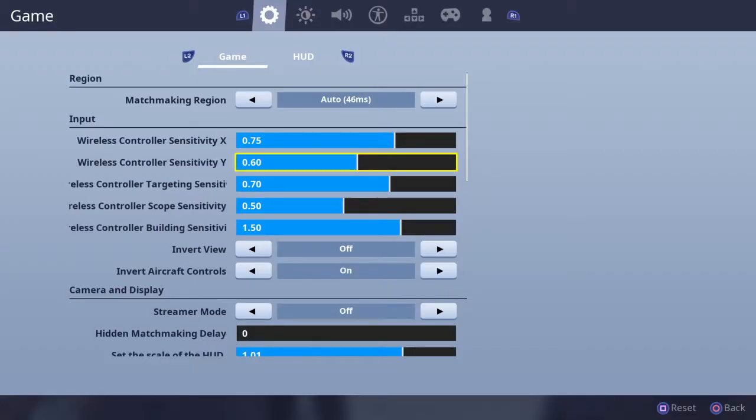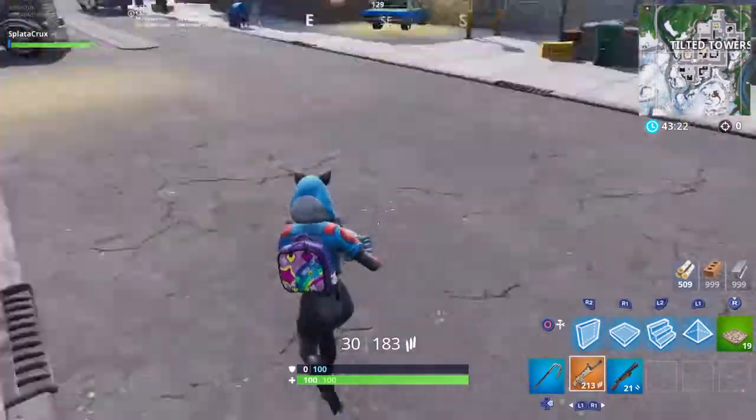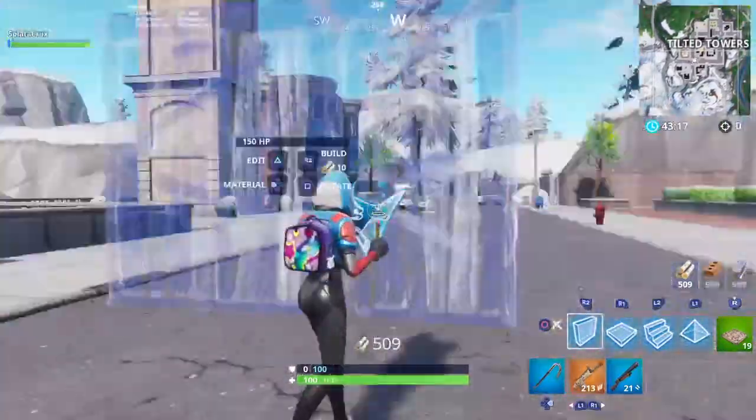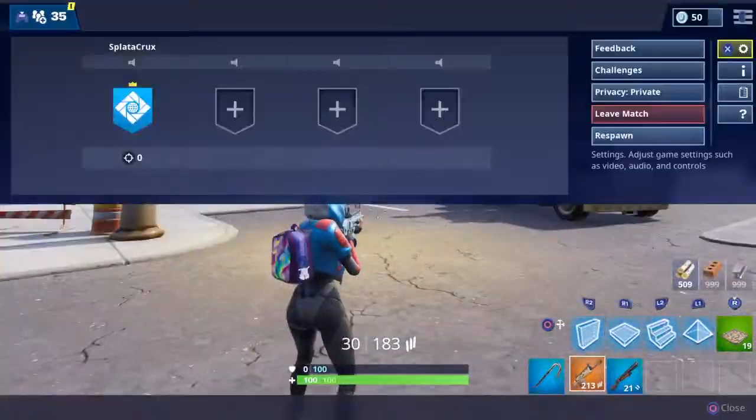And now my building sensitivity is on 1.5, so that means it increases by 50%. So if I kept it on 1, it'd stay the same as this right here, but you can see it gets faster. You see that? Yep, okay, now,